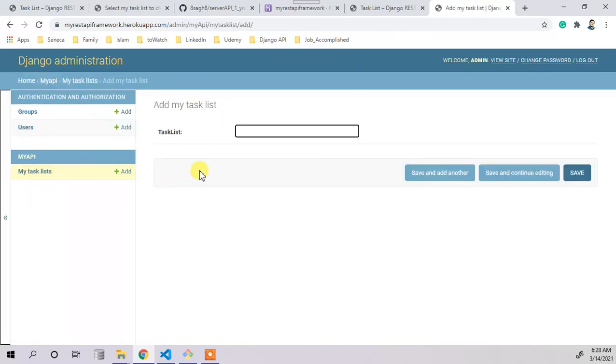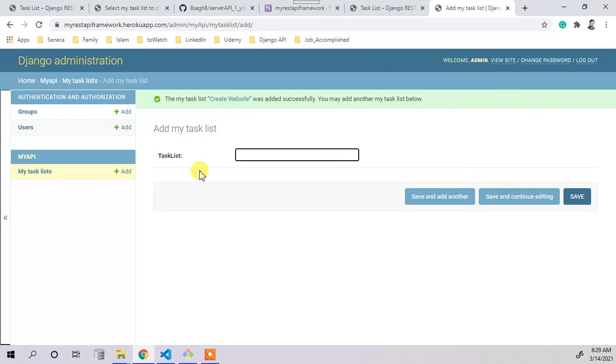Now the entry should be: create website. There is nothing. Make a thing. Watch cartoons, and I think that's enough. Three are enough for now.